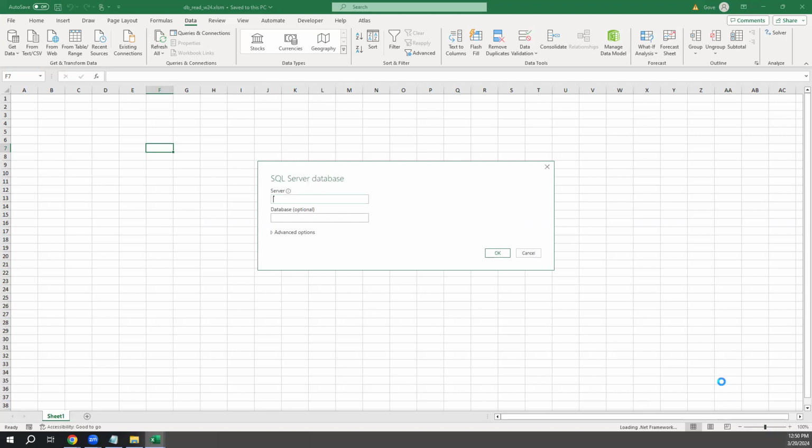Now, to be able to do this, your Wi-Fi connection has to be on an authenticated connection. Is anyone using Guest Wi-Fi, BYU Guest? Okay, if you're on BYU Guest, this won't work because